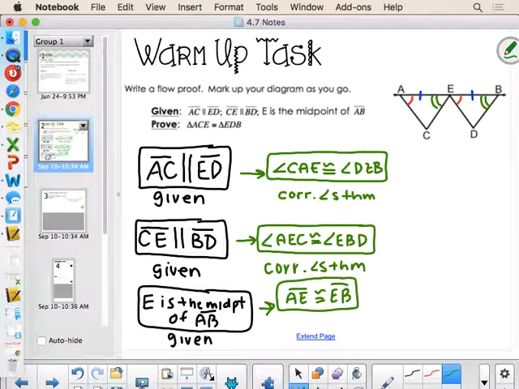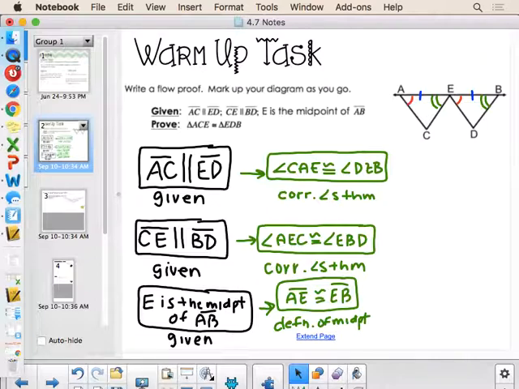What is the reason that allows us to draw that conclusion? Very good. The definition of midpoint. The definition of midpoint. Am I done? No. Okay. Do I have enough information to draw the conclusion and to prove what I was asked to prove? Yes. All right. So this fact, oops, where'd it go? There we go. And this fact